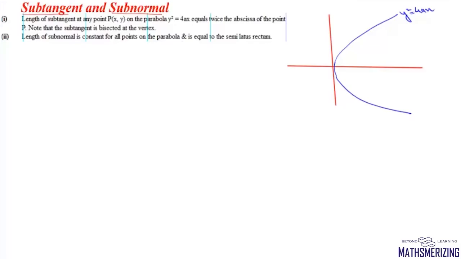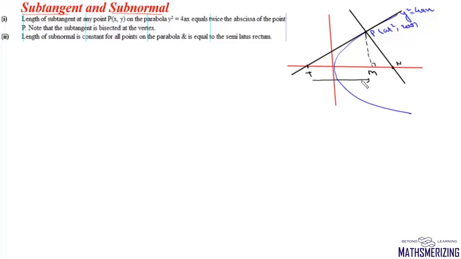Now at any point P, say (at square, 2at), if we draw a tangent which intersects the x-axis at point T, and we draw the normal at point P, which intersects the x-axis at point N, and we draw a perpendicular from P to the x-axis, and suppose this is M, then